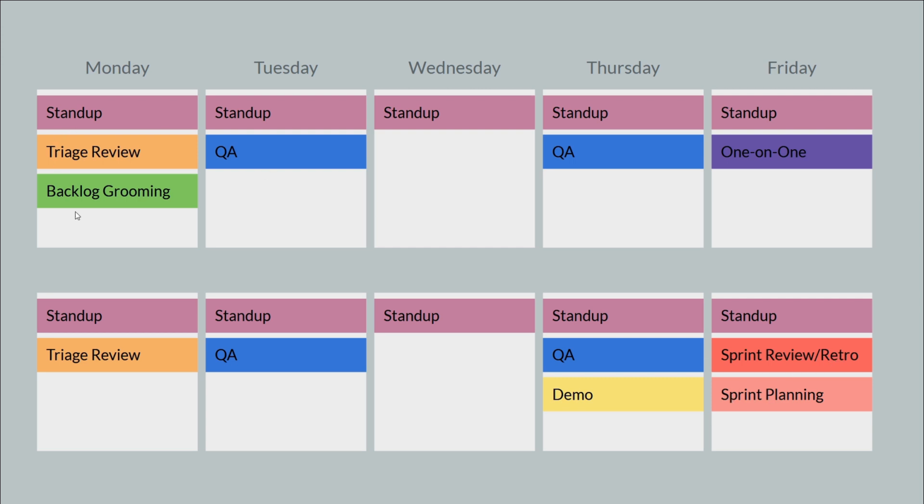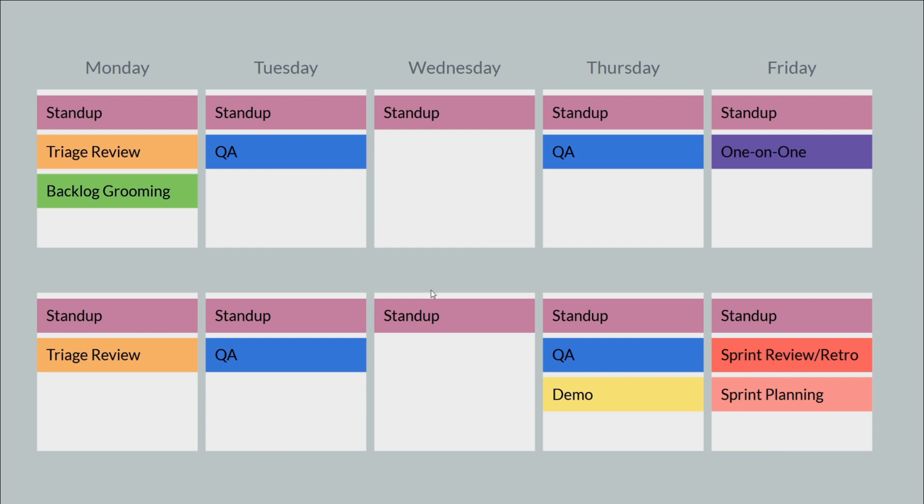Now again, this is just one representation. This doesn't actually reflect what I do at work. Our schedule is a little bit different from this, but this is just trying to give you an idea of things. And as a team, during your sprint review and your retro, you can say, I think we should move these things around. Maybe we should only have triage review once a sprint. Maybe we should have backlog grooming on a different day. Or I think we have too many meetings on this last Friday. I'm not getting anything done, or whatever.